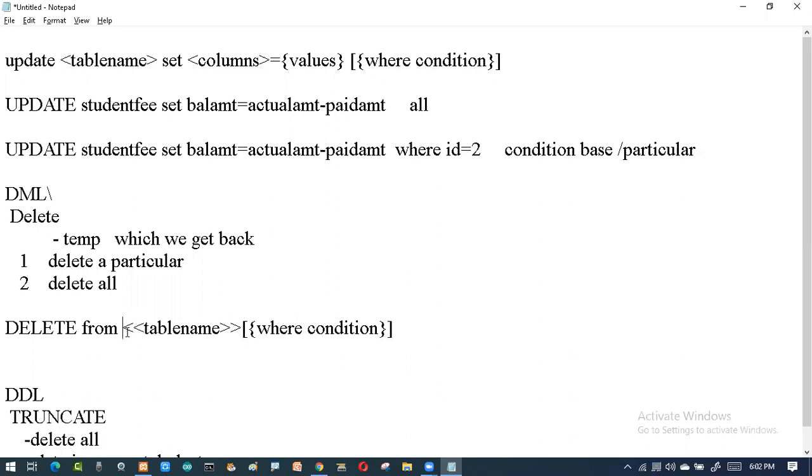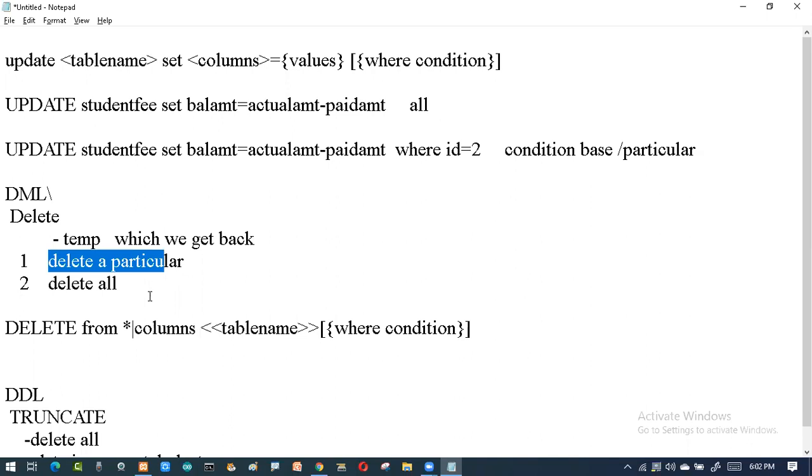Then here I have something called a pipe symbol. Again, an option. The symbol is star or columns. So it is saying what you want to delete. As I told you, it will go and delete all the records, or I want to delete particular records.